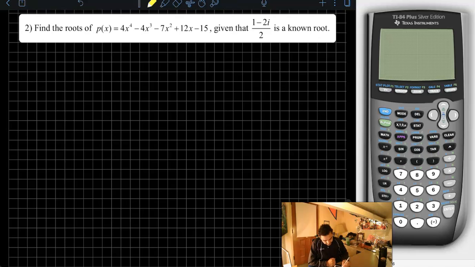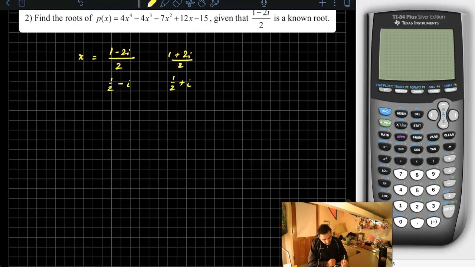Alright, so we know here that 1 minus 2i over 2 is a root. Using the complex conjugate theorem for a polynomial with real coefficients, we know that 1 plus 2i over 2 has to be a root as well, and we could write that as 1/2 minus i and 1/2 plus i because they come in conjugate pairs. Okay, so the neat thing is the shortcut would be to say, if I know that 1/2 plus or